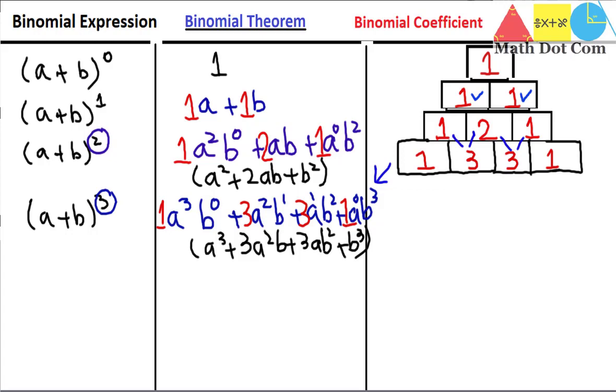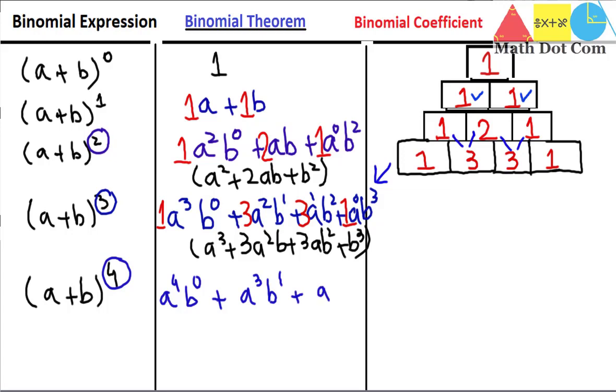Then I write (a plus b) whole 4. Let's see how you can expand it. Again you have to go through the same method. First you write the first term, that is a, the power will be 4, and the power of b will be 0. It will start from 0. Plus, now you go down as a3 and b will increase, plus a2 b2 plus a1 b3 plus a0 b4. Keep this in mind, the sum of the powers of a and b will always equal this power.